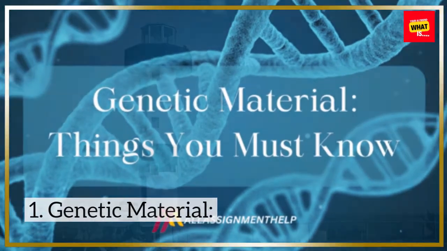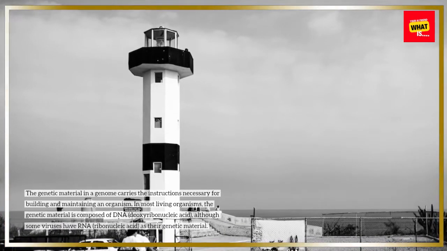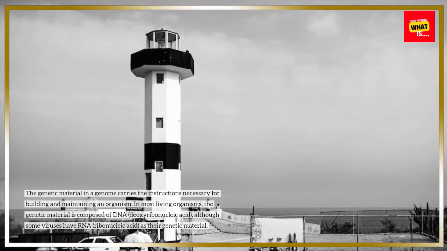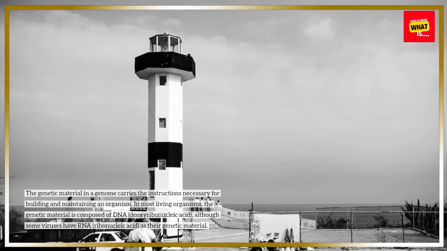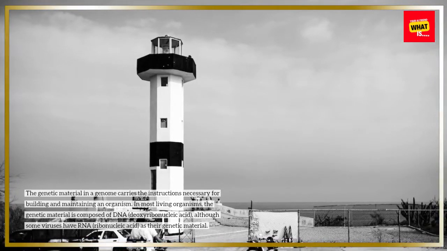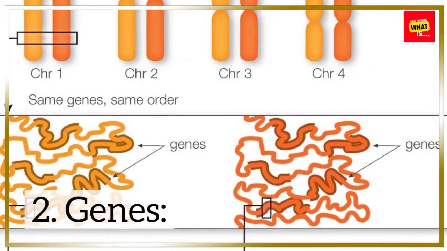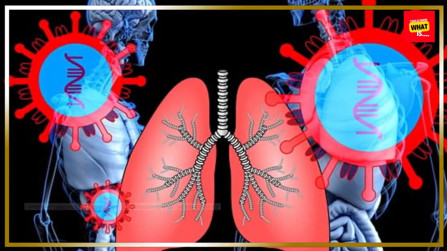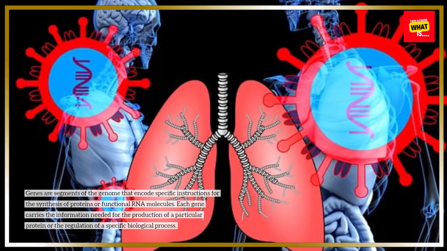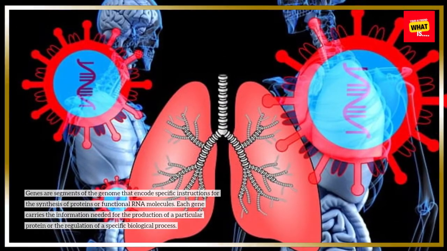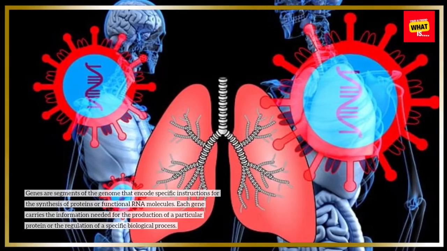1. Genetic material. The genetic material in a genome carries the instructions necessary for building and maintaining an organism. In most living organisms, the genetic material is composed of DNA, deoxyribonucleic acid, although some viruses have RNA, ribonucleic acid, as their genetic material. 2. Genes. Genes are segments of the genome that encode specific instructions for the synthesis of proteins or functional RNA molecules. Each gene carries the information needed for the production of a particular protein or the regulation of a specific biological